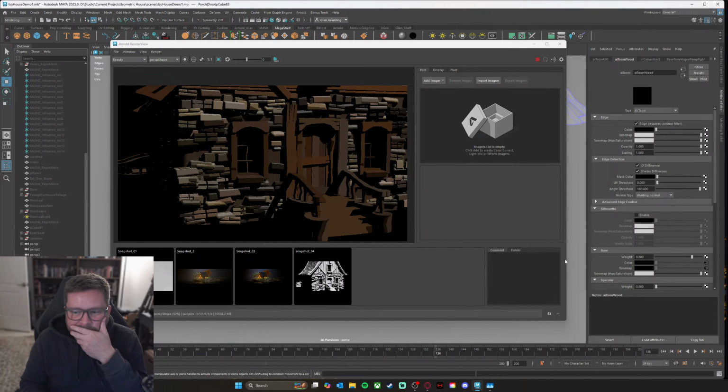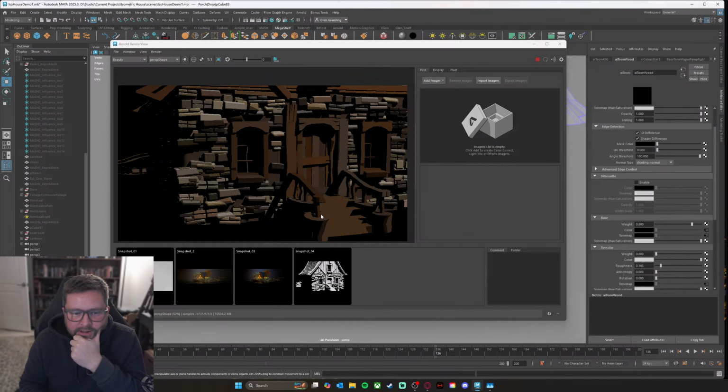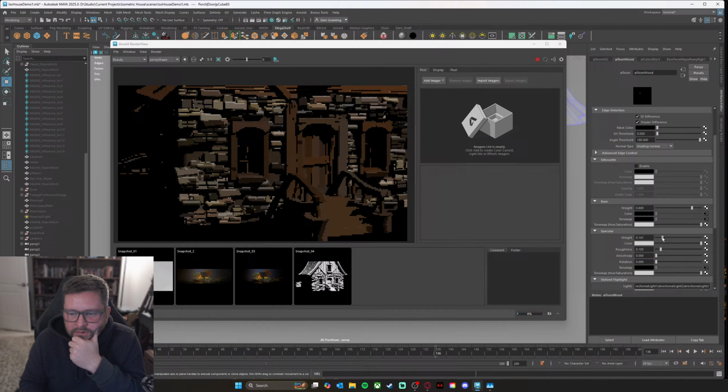But I think that almost looks better without any specularity, if I'm being honest. I do like a little bit. I feel like we need some sort of specular highlight. I could also try